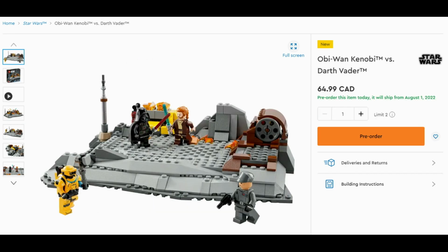Darth Vader duel set, and I gotta say, it really is a massive disappointment, this set. And again, the finale came out today, so I will talk about spoilers. I can see why they chose this fight over the finale fight, but I think they could have done a far better job making this set just more interesting. It's just a platform essentially, and you got some good minifigures, sure, but it just